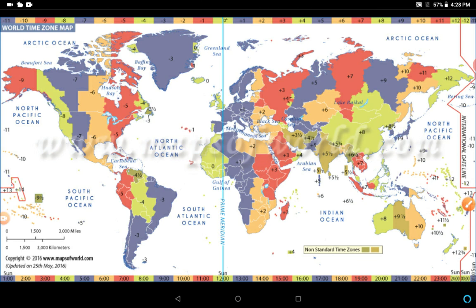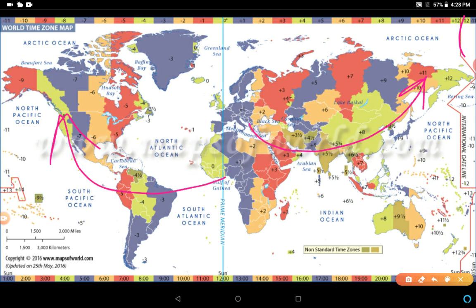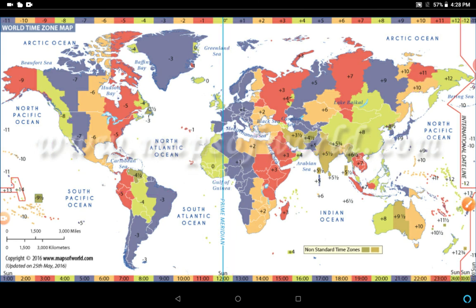Clear? The main function of the international date line is fixing the date. Clear? It divides the earth into two parts, eastern and western part. Now in this figure you can see that it is in the easternmost part, but if we round it, it will be exactly at the back side of the prime meridian. So in the eastern part the date will be different, and in the western part the date will be different. So this is the function of the international